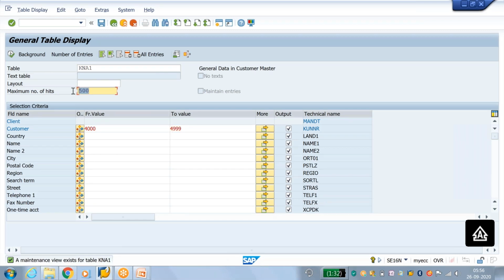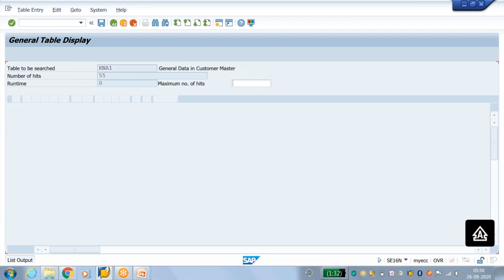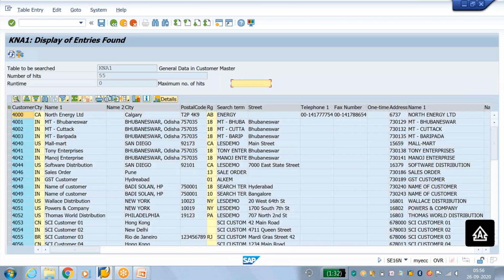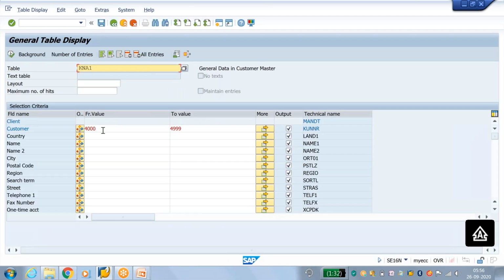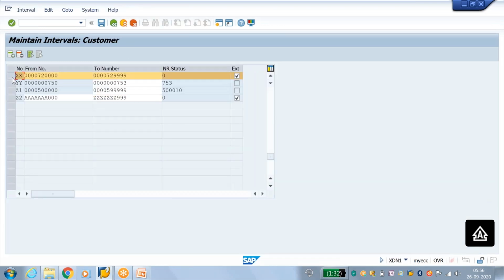Then here you can check whether this interval is already used or not. If used, then you will get the entries. So someone already created with this key combination, already a customer is there. Again you go back and pass another interval where a customer has not been created yet. So this is one thing you have to remember, and in real time please don't delete this interval.